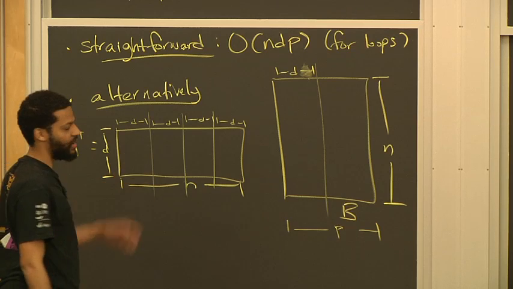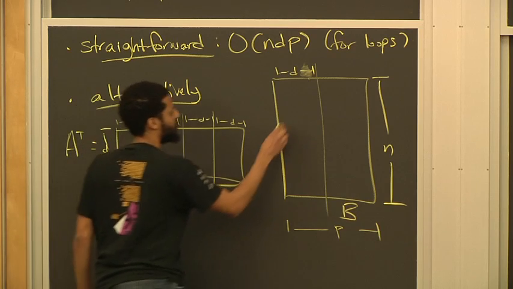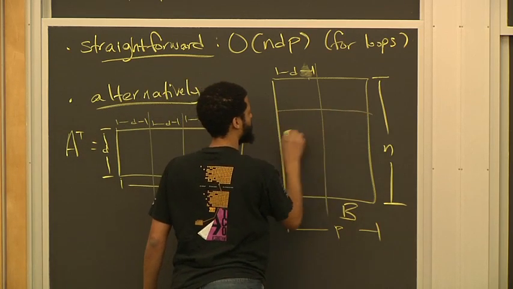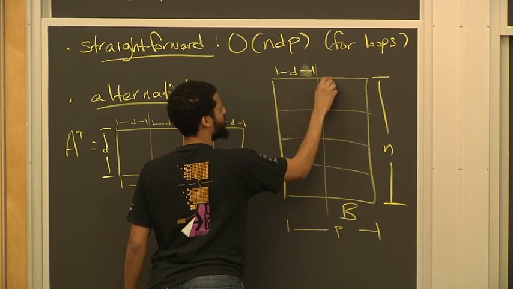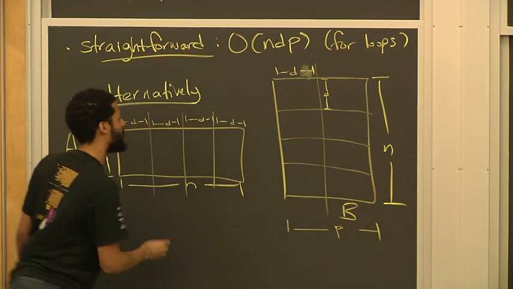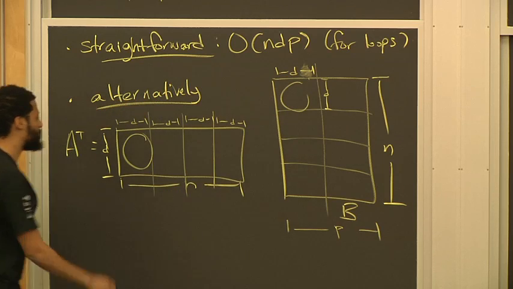And also assume d divides p, again padding by zeros. You could then multiply block by block, right? So if you look at A transpose B